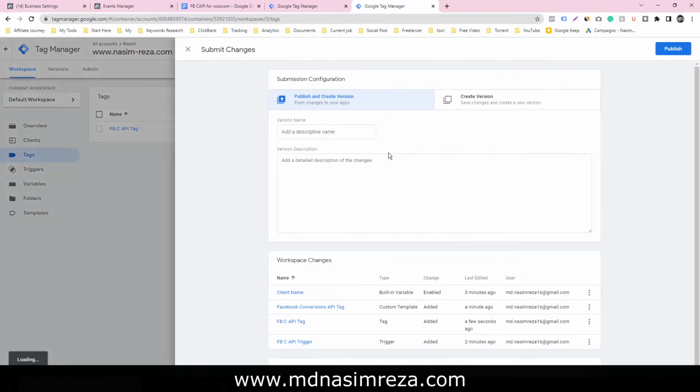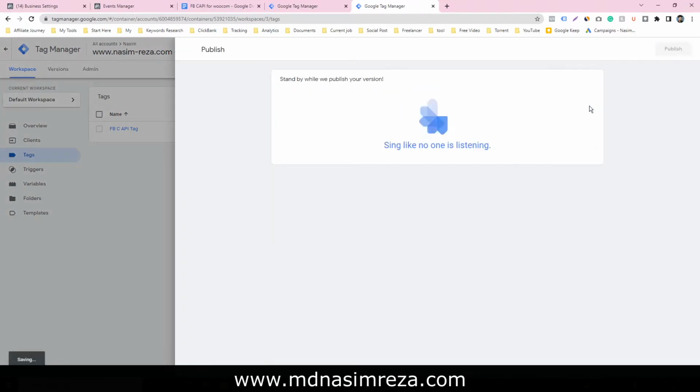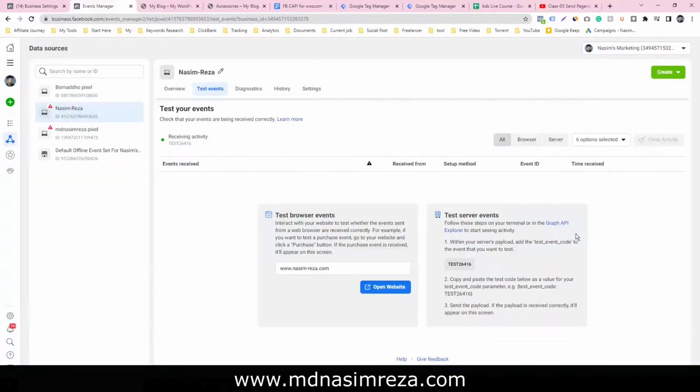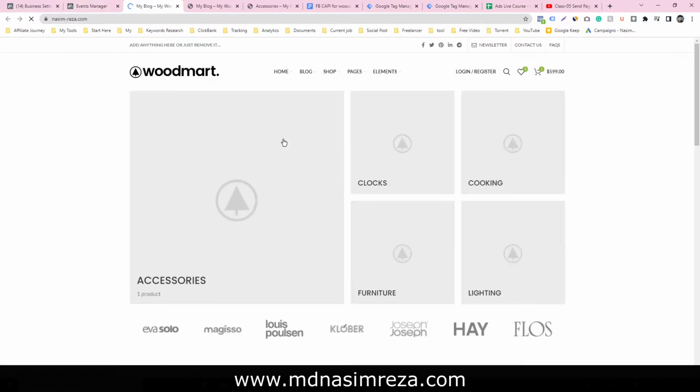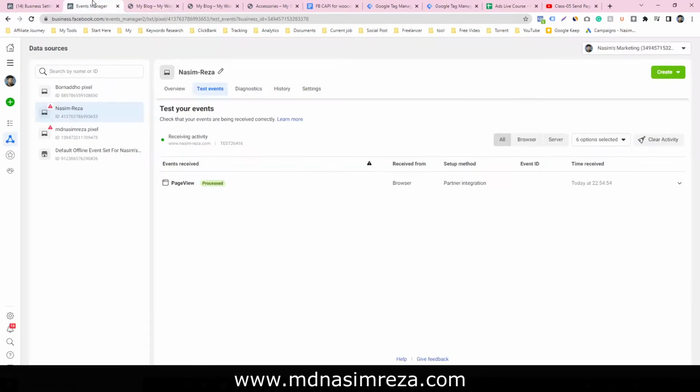Now submit it. You can give it any name here. Let's check it. So this is our test event. Just click on open new website and go back to the event tab. So here we have successfully got data coming from both server and browser.